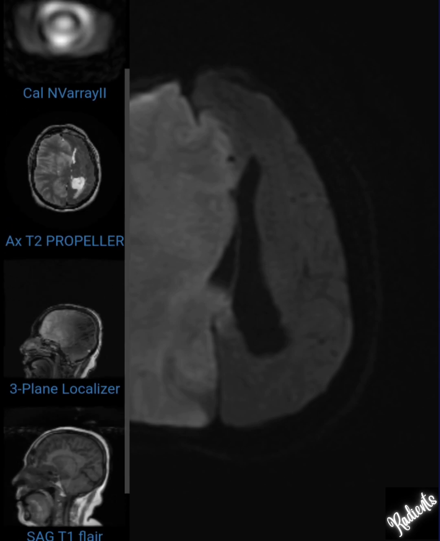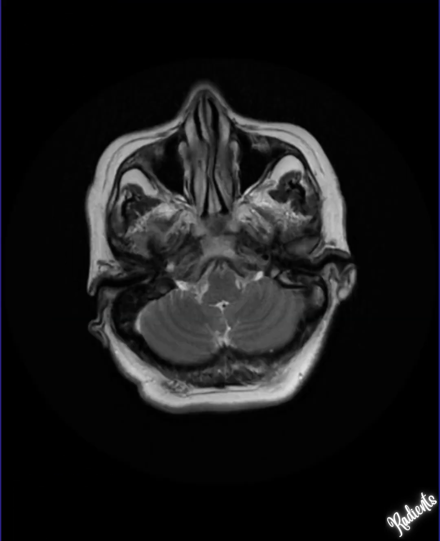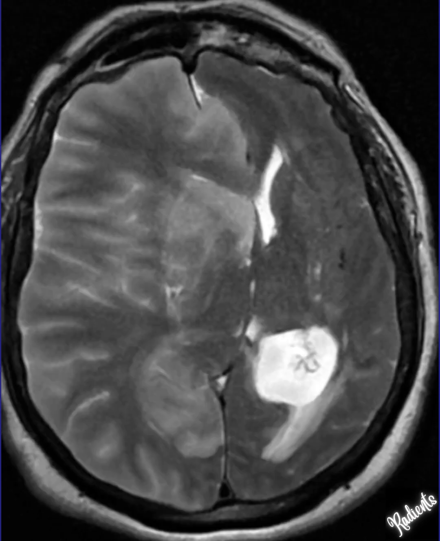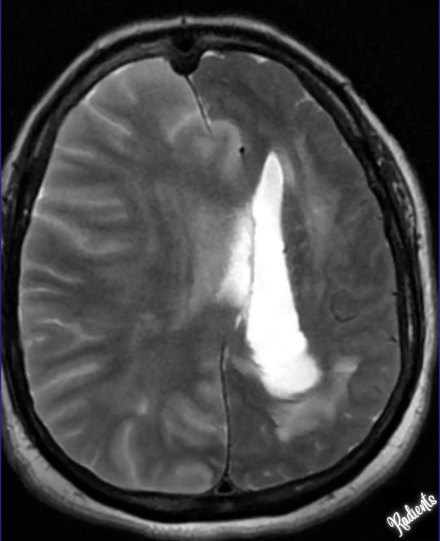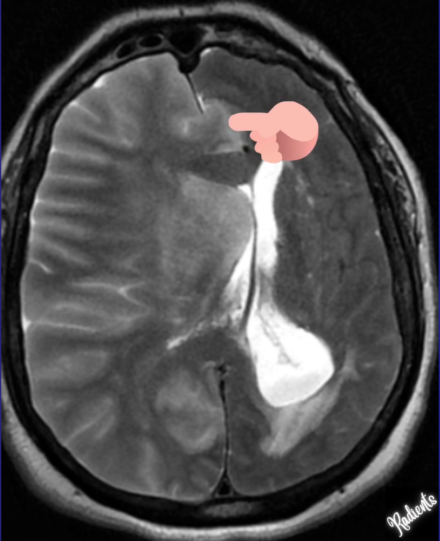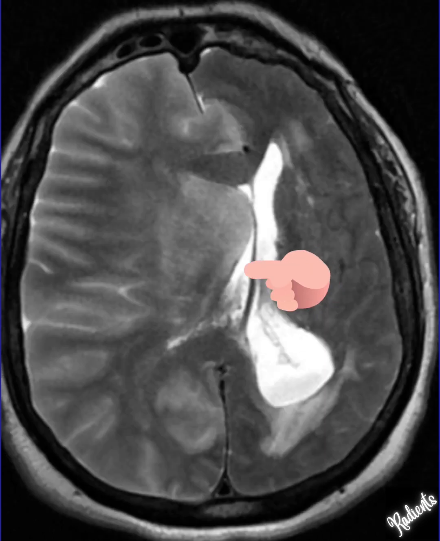So if we have a look at the T2 weighted image, then this is what we can see. Looking here, it's clearly seen how there is edema in the right cerebral hemisphere, along with hyperintensity on T2 weighted images. Along with that, there is also subfalcine herniation and midline shift, and this is all because of